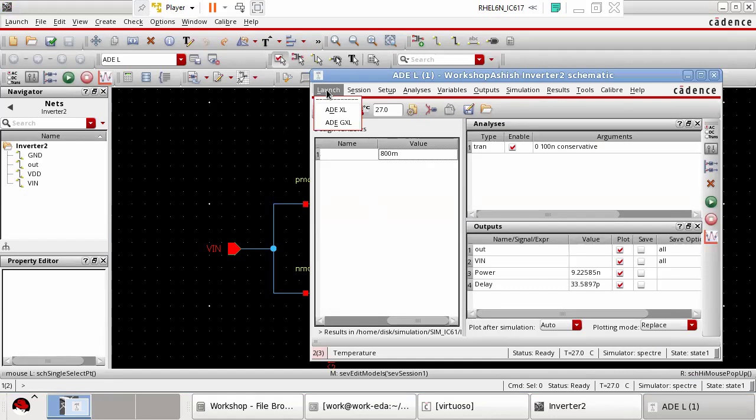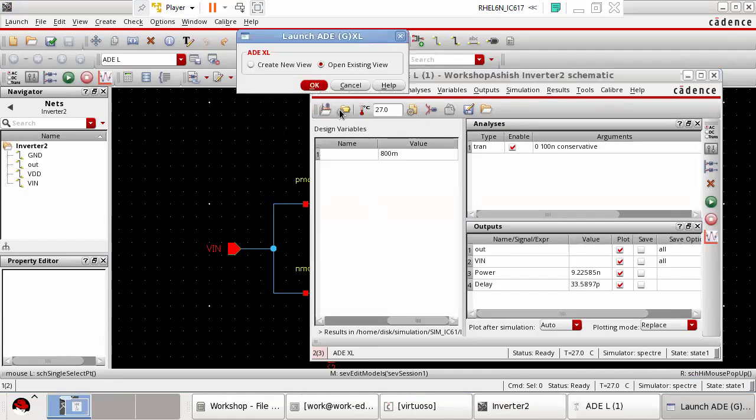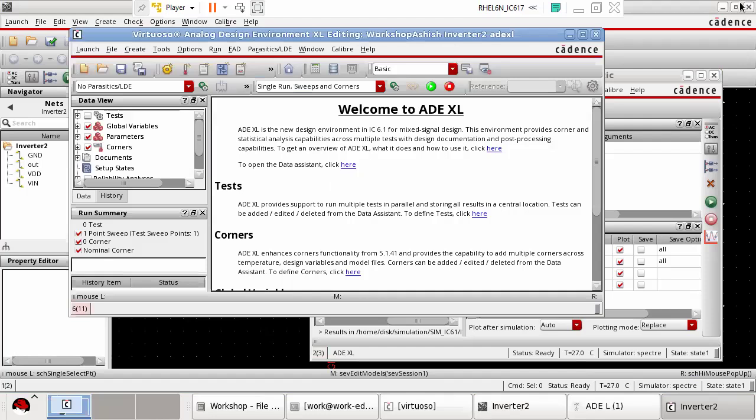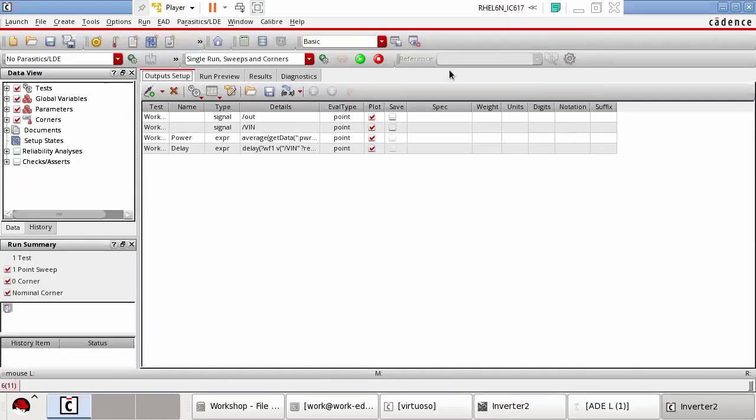We have this ADL for doing Monte Carlo. We'll do ADXL, create new view. Okay. Then this, and then okay. There you reach this window. Now in this window, please see